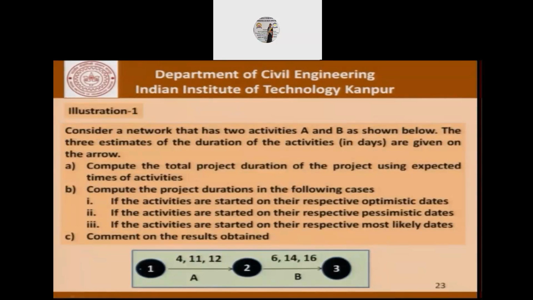So now let's actually consider some numbers. Let's consider a network that has two activities, A and B, as shown here. The three estimates for the duration of these activities in days is given on the arrow. So here is the TO, TM, and TP for activity A, which is 1, 2, and TO, TM, and TP for activity B are 6, 14, and 16, which is